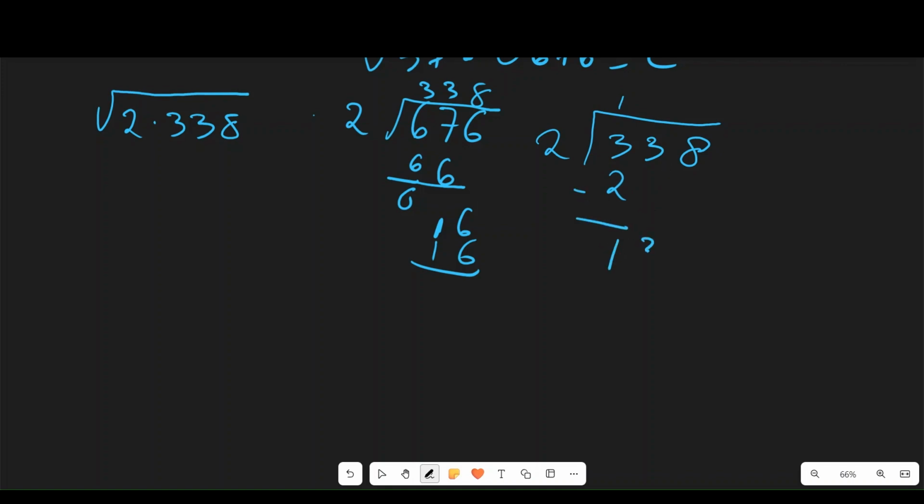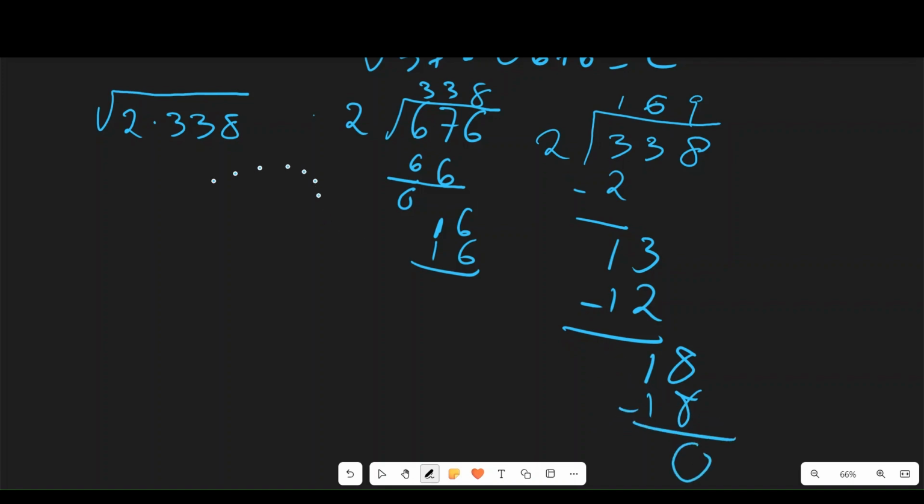1. Then we bring the 3 down, so then we get a 13, so 2 goes into 13 6 times, right? Because 2 times 6 is 12. Then we have 12, 13 minus 12 is going to give us 1. And then lastly, we bring the 8 down. And then finally, 2 goes into 18 9 times, right? So then we're left with 169. So 18, again, let me just write it all out. We get 18 minus 18 is 0. Nice. So then we know that the root of 2 times 338 is the same as 2 times 2 times